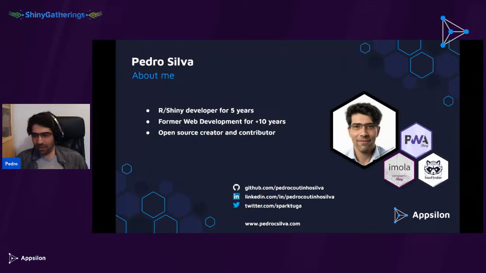And a bit of a side quest here. I still remember the first time I actually looked at Shiny and R code, and I honestly felt a bit overwhelmed. This is so different from everything that I've used so far. But as I got more and more familiar with it, I could see a lot of parallels with all of the other technologies that I actually used for web development. When that clicked, I realized Shiny is a conduit to do really a lot of cool stuff in web.